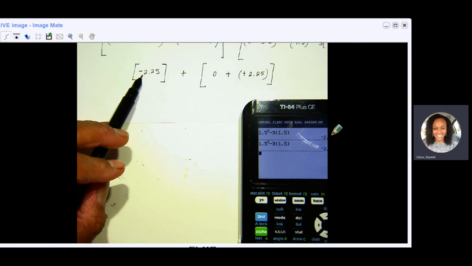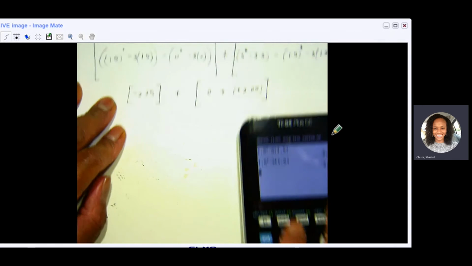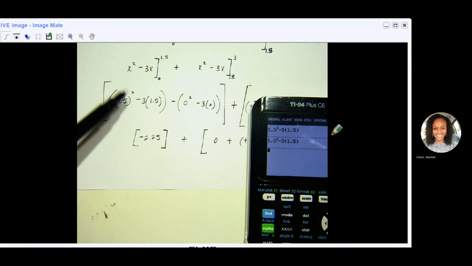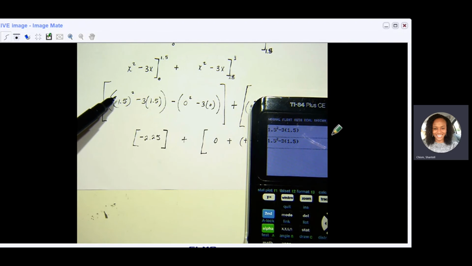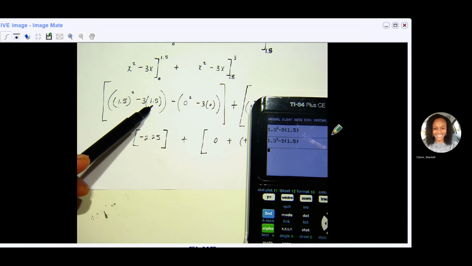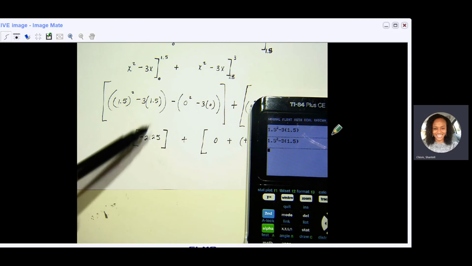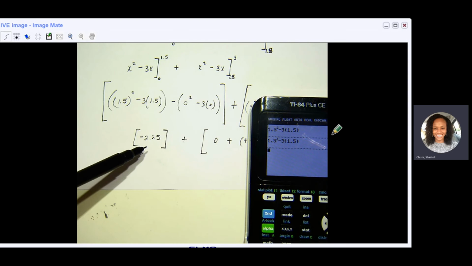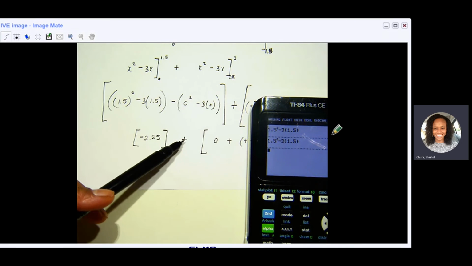Something's wrong. Let me check my numbers. Okay, let's see. 1.5 squared minus 3 times 1.5. That gives me a negative 2.25, yeah? And then I'm saying plus